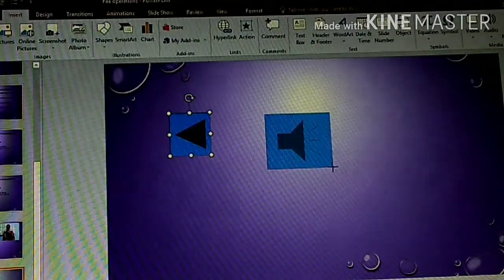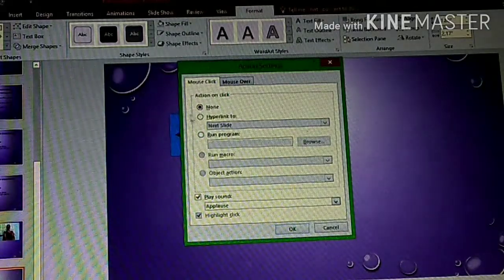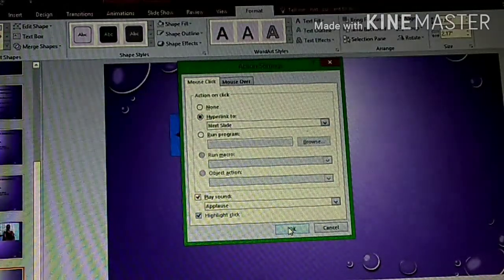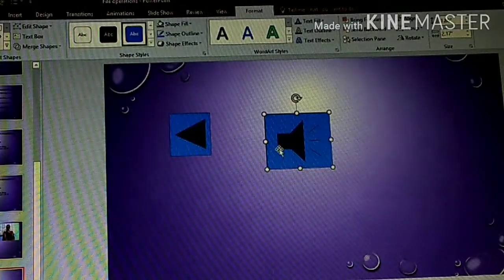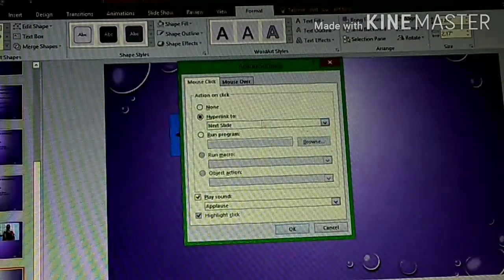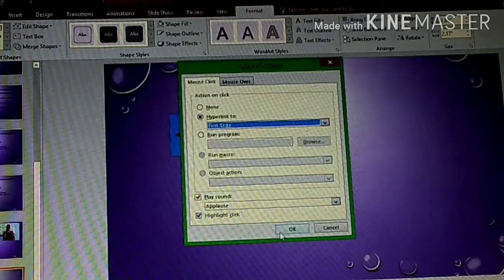Now it will ask me whether I want to create any hyperlink. I'll say yes, make it a hyperlink, take it to the next slide. Okay, not to the next slide, let me just say take it to the first slide. Okay, and I'll click OK.